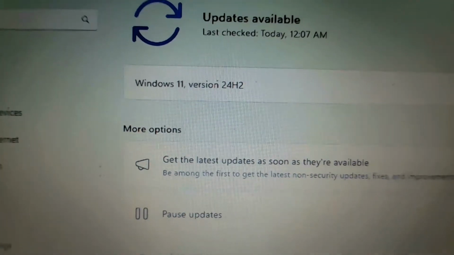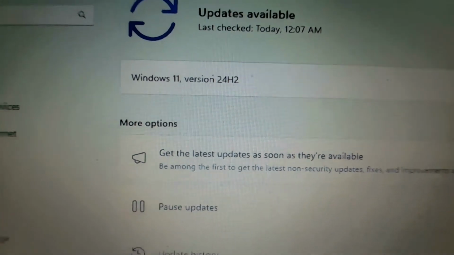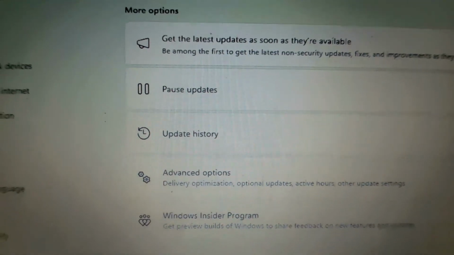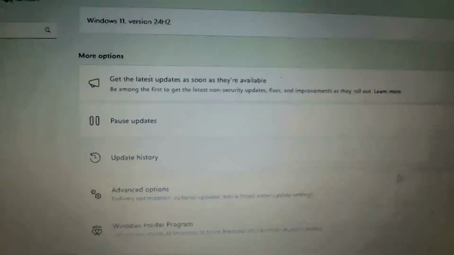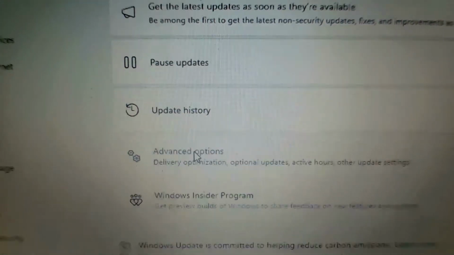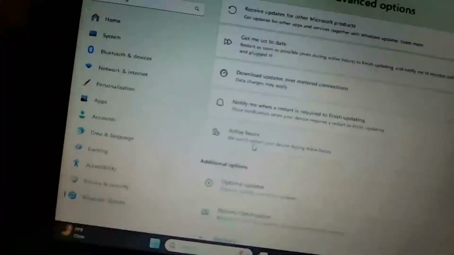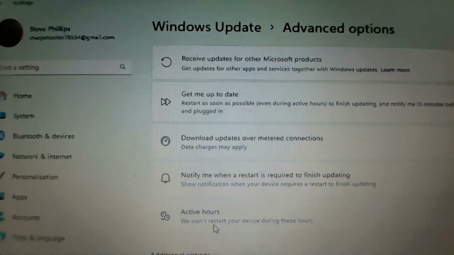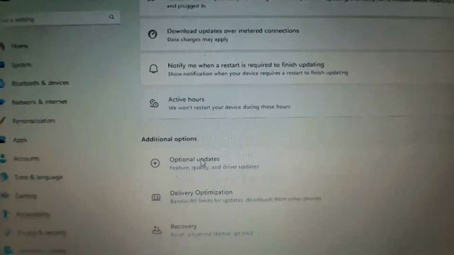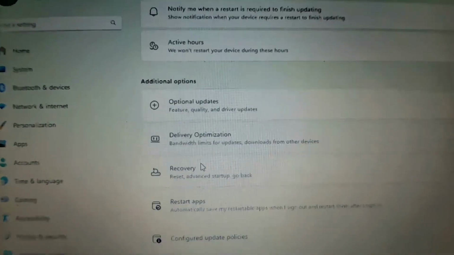Get updates as soon as they're available. Pause updates, update history, advanced options. Again, you definitely want to come down to, where's my cursor? There it is. This thing is actually wanting to play the Houdini trick on me today for some odd reason. So if that is not the case there, guys,